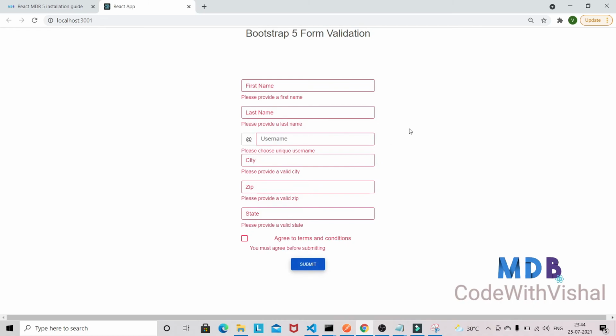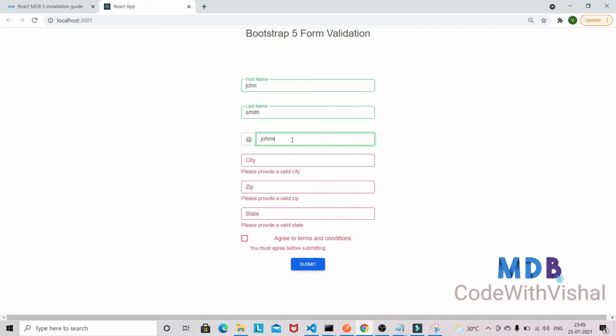And now we got all the error messages for the respective input fields. So if you give something here like John, it will become green. So you can see that the color of the border is changing from red to green, and the same thing will apply on each input field the moment you give the value into the input field.